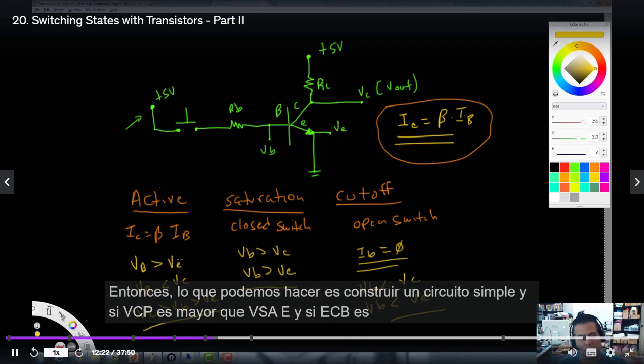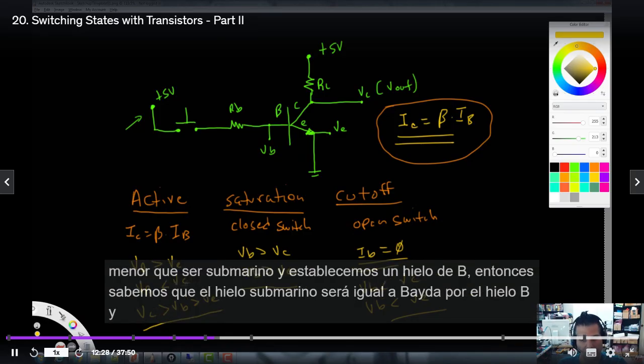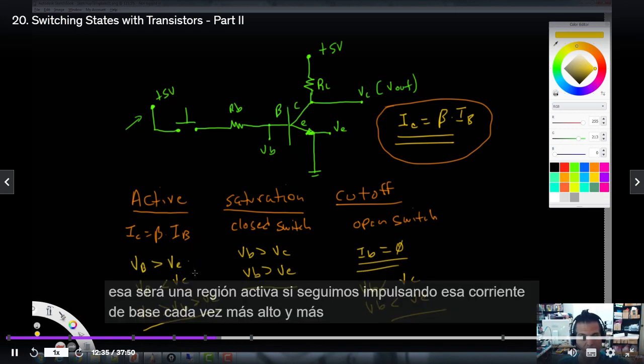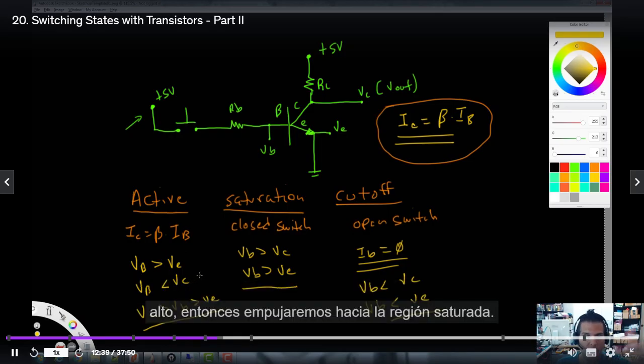So what we can do is build a simple circuit. If V sub B is greater than V sub E, and V sub B is less than V sub C, and we set up an I sub B, then we know that I sub C will equal beta times I sub B, and we'll be in the active region. If we keep pushing that base current higher and higher, then we'll push into the